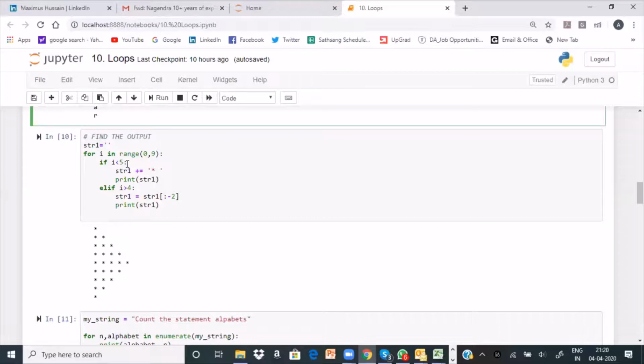If i is less than 5, I want to increment the string with this star and space, because this is how I wanted the pattern to be printed. Simply print it. So till 4, this condition will execute. But after 4, for the string, I want to remove the last 2 characters and then print it. Just this -2 reverse function is making the whole story so simple.